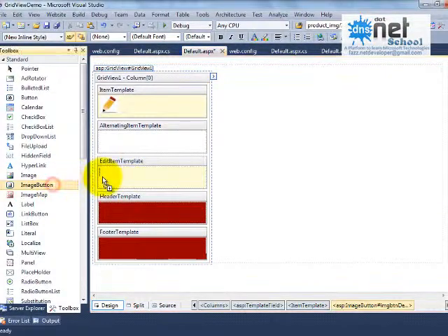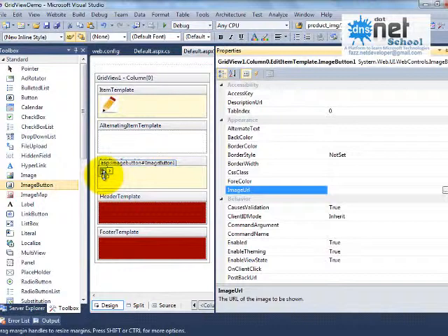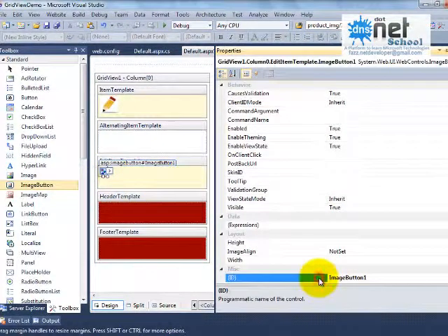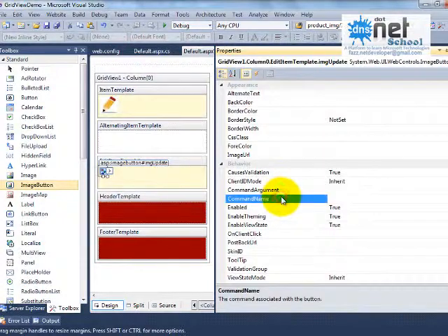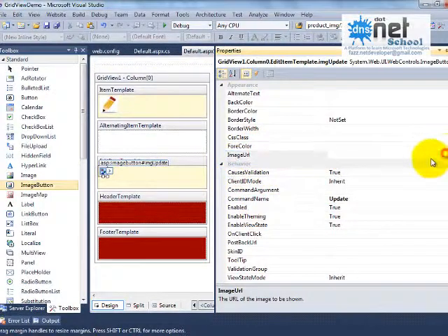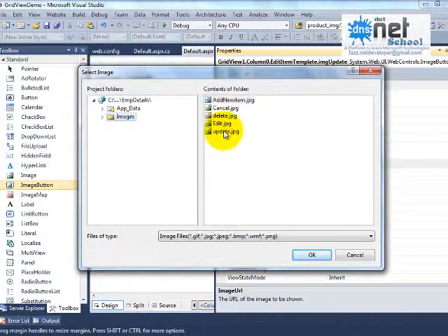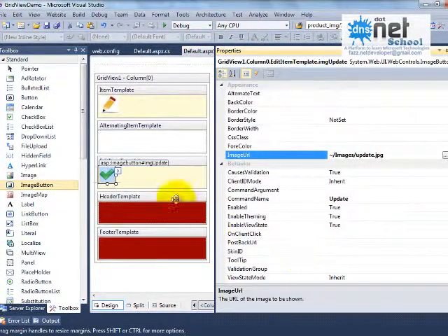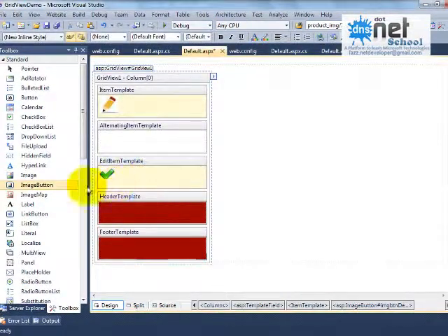So an image button, again image button, go to the properties of image button and first set the ID, imgUpdate. If you want, set the command name from here itself, update. And where is the image URL? Here it is, image URL is equal to update.jpg. Beside that itself it should show one more